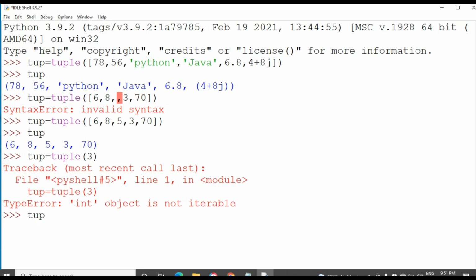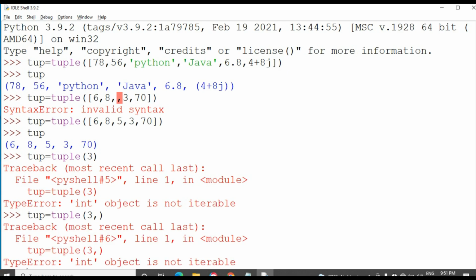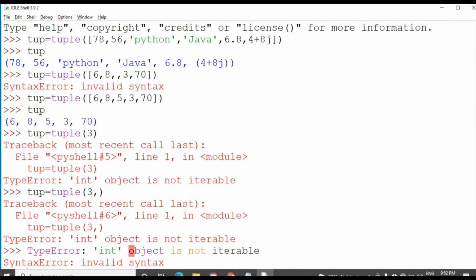See, it throws the error that the int object is not iterable. See, we can't simply take that element inside the parentheses.